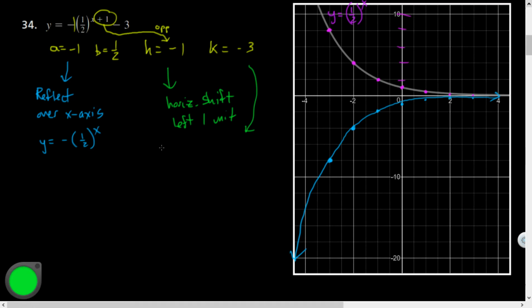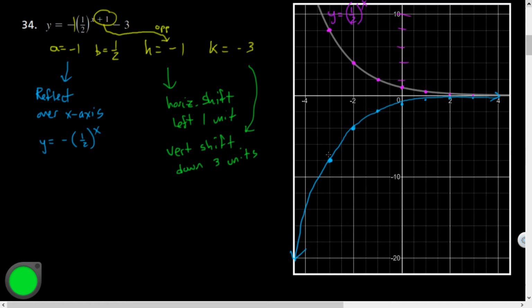And I'm going to then do a vertical shift down 3 units. Okay? So I think with translations, we can do both of those at the same time. If you wanted to do the horizontal and then the vertical as 2 separate graphs, you could, but I don't